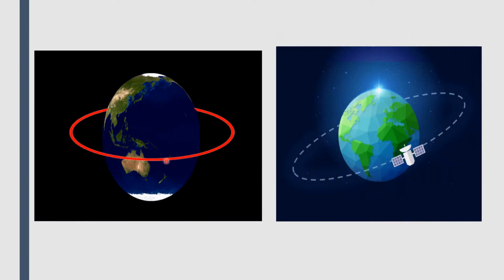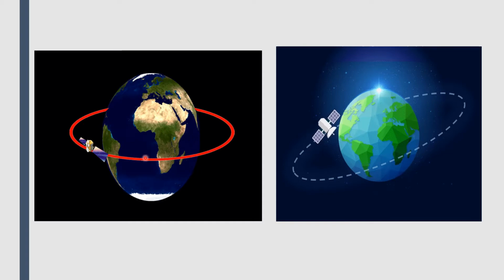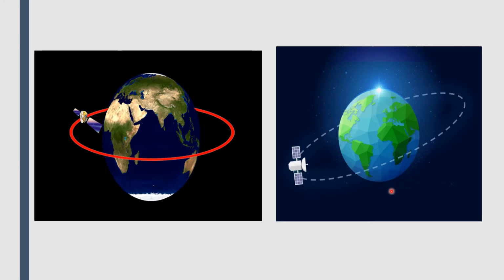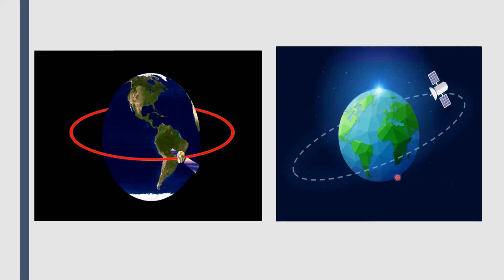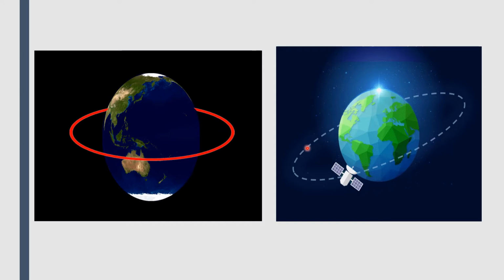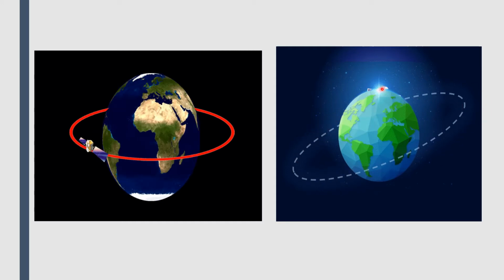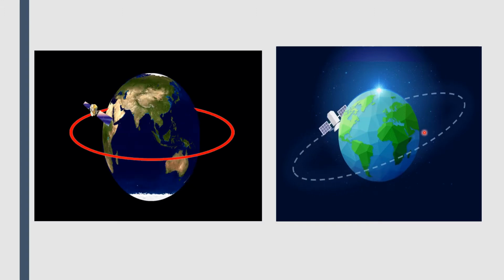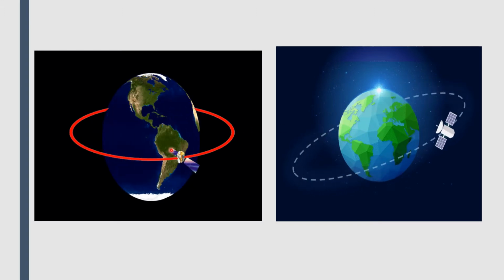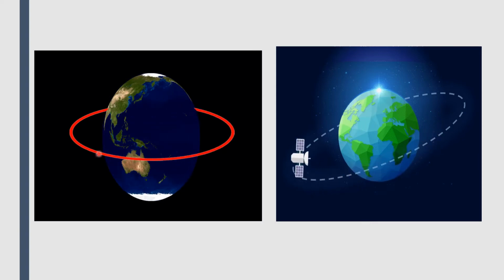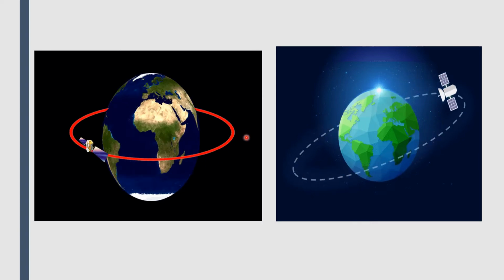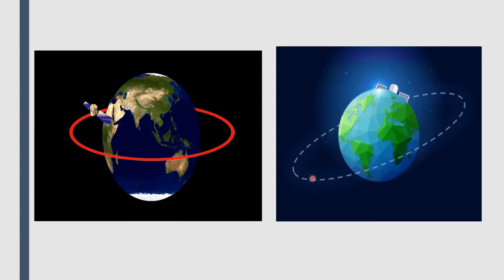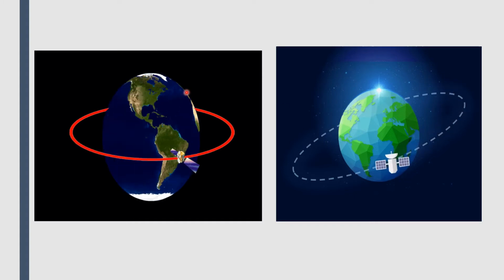The orbital plane of the satellite can be the equatorial plane of the earth, or the orbital plane of the satellite can be at an angle to the equatorial plane of the earth. So here you can see the orbit has formed a certain angle with the equator of the earth, whereas the equator lies here for the earth. So the orbital plane of the satellite is the equatorial plane of the earth here, whereas here the orbital plane of the satellite is at an angle to the equatorial plane of the earth.